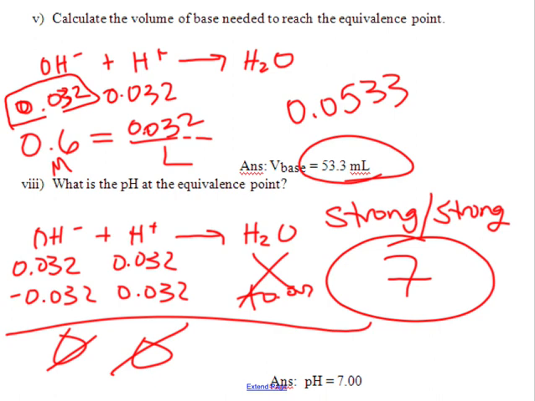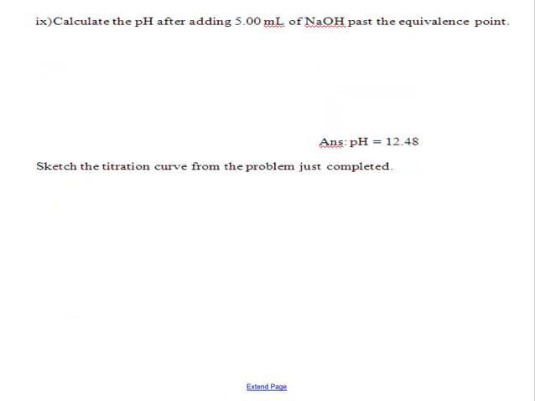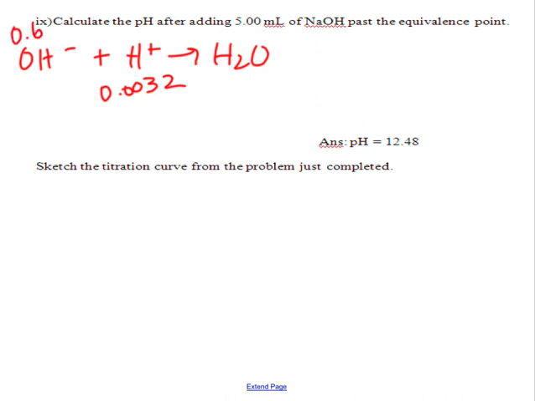Okay, now we're at this point in the curve. I need to finish my curve out. I can't just stop my titration here. I need to finish to get that nice shape. I'm going to calculate the pH after adding 5 mils past the equivalence point. So this is still 0.0032, but here we have the 0.6 molar sodium hydroxide. Our equivalence point was at, what, 53.3. We're going to go 5 mils past that, so that's 58.3 times the 0.0583 times 0.6 gives us